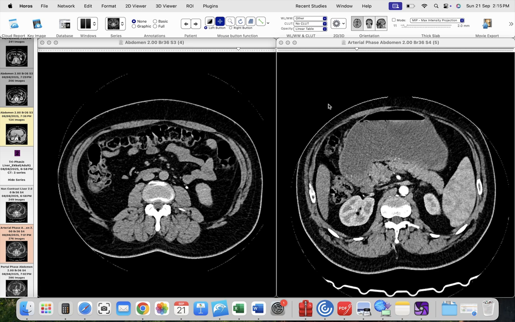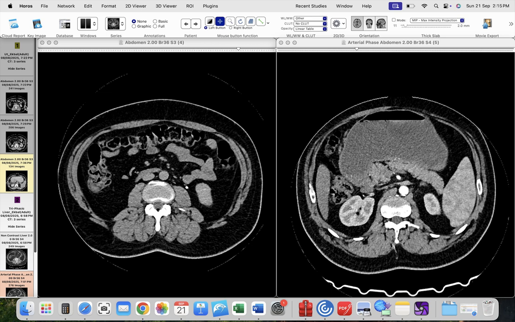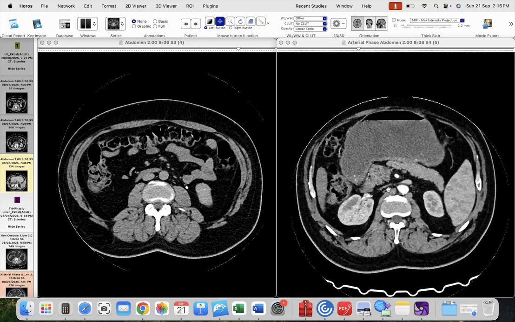First we did the CT abdomen with IV contrast. We used the non-contrast phase, arterial, followed by venous phase. Then we asked the patient to drink diluted contrast, or thick contrast, to assess if the contrast will pass from the stomach or not. Because, as you can see here in this case,